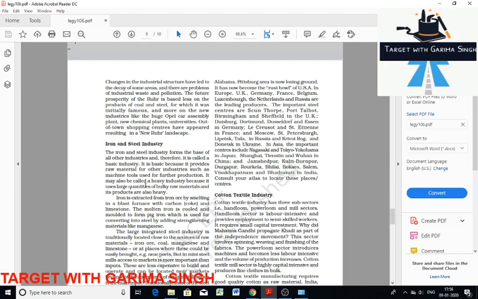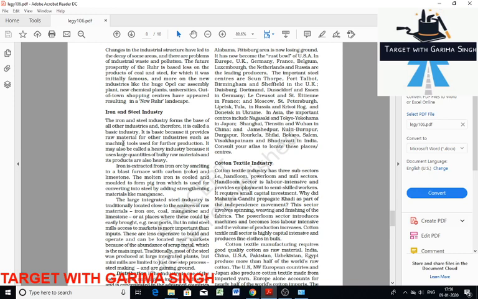iron and steel. So iron and steel is known as basic industry as it provides raw material or base to other industries. It is also called heavy industry due to its bulky raw material and heavy finished product. This industry is located near the source of raw material, that is iron ore, coal, manganese, limestone, or near ports where it could be easily brought. Then